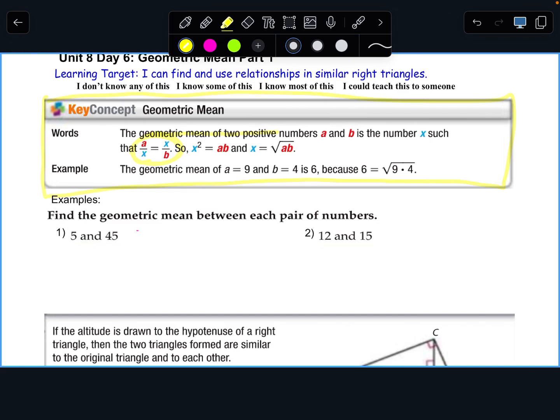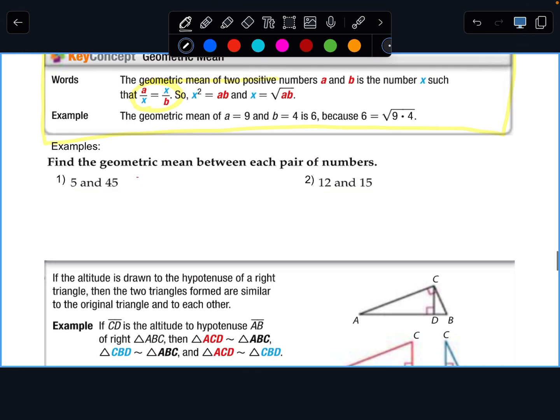So I'm just going to go into the examples because I think it's easier if you just do that. It says find the geometric mean between the two numbers. You just set up a proportion, put the numbers on one diagonal and the x's on the other diagonal, and cross multiply. Okay, so I'll show you how it relates to the pictures and the shapes of things. But all you're doing is cross multiply, you get x squared equals, and then you could multiply that out, but